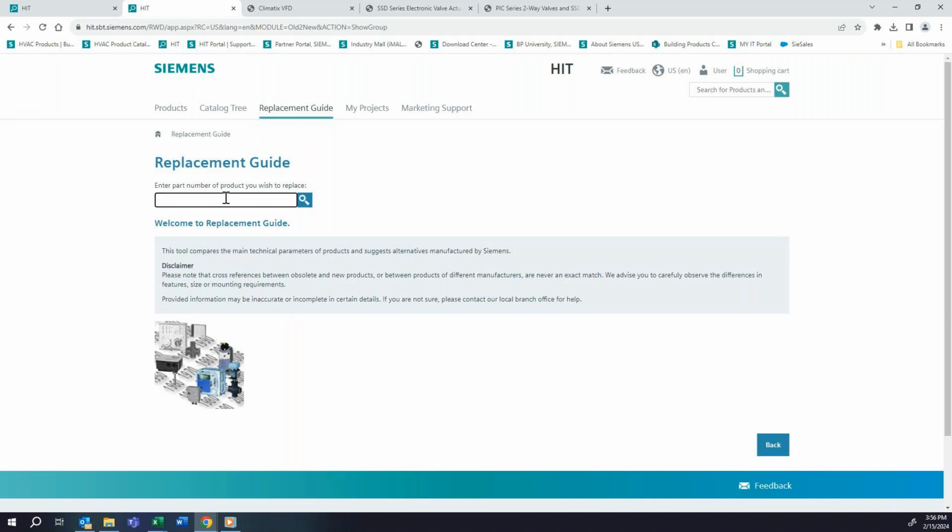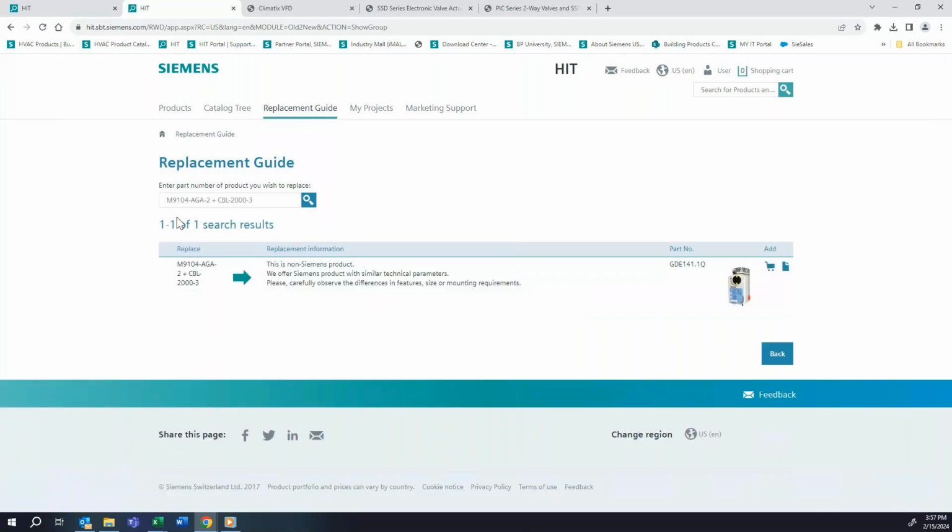So let's see, just for the last couple of minutes here, let's type a part number that you have. Let's say, as a former Johnson Controls employee, I remember this is a Johnson Controls damper actuator. So let's click on this actuator. As you can see, and I hope you appreciate that we're not advertising our competitor, we're not going to put anything here that says this is a Johnson Controls actuator, but if you have the part number, it'll give you the equivalent